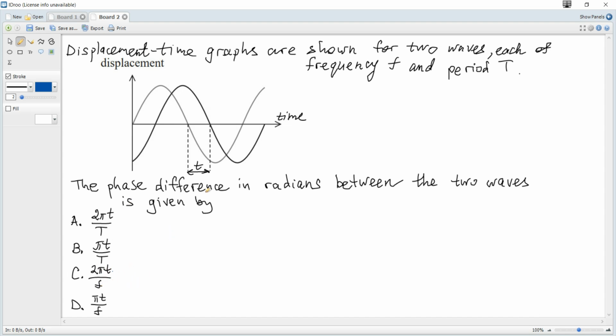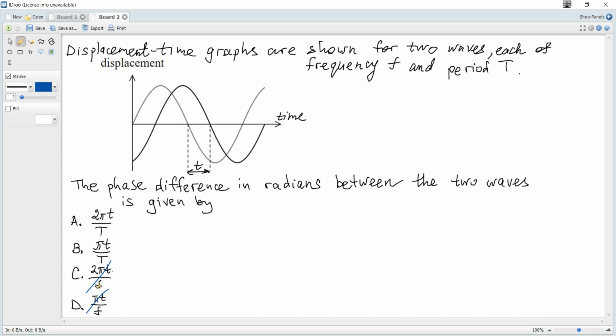It's not a unit for the phase difference. And also for D, second divided by 1 over second, so it's also radians multiplied by seconds squared,